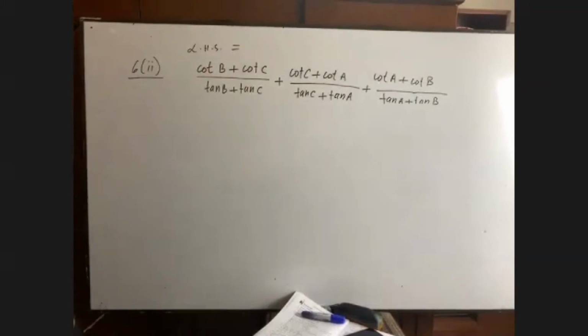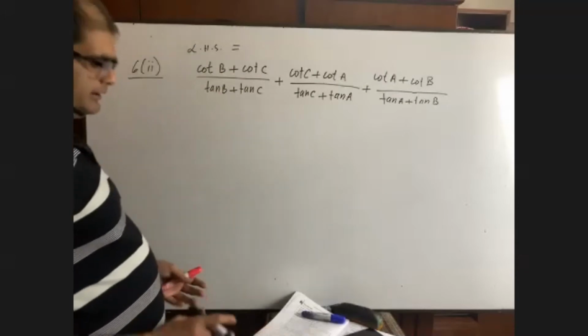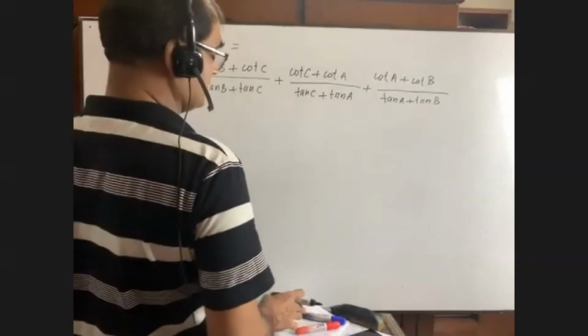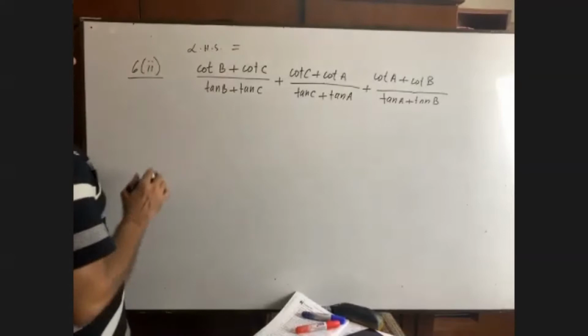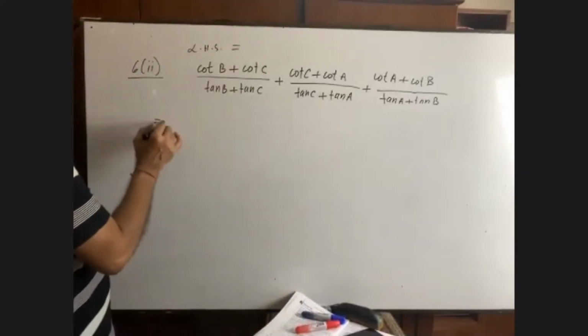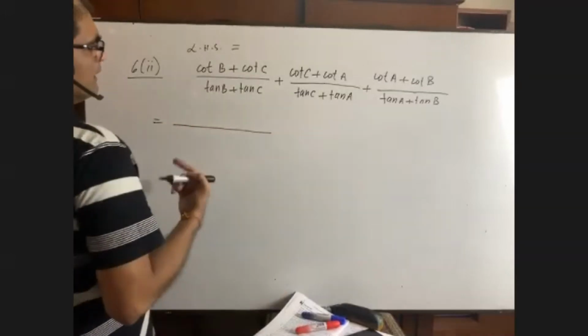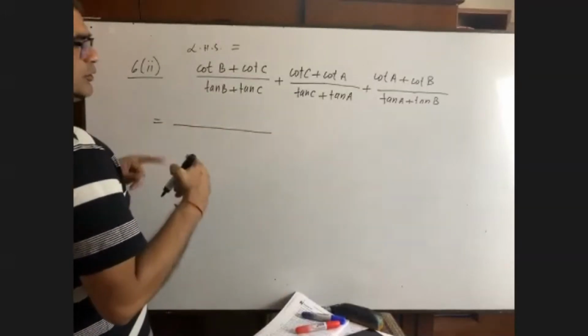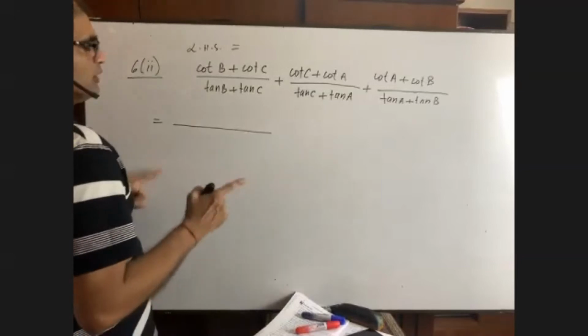Sir, without sine and cosine, the other way. Okay, I mean in a different way, right? Because you have seen many maths of sine and cosine, right? You have done all the maths regarding sine and cosine. That's good. I have liked it. Okay. So I have to convert all into tangent or all into cotangent. Better to convert all into tangent.